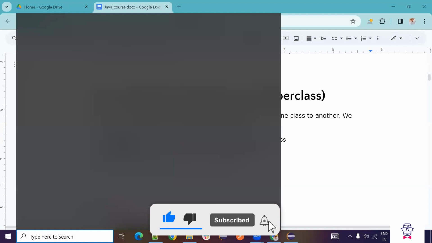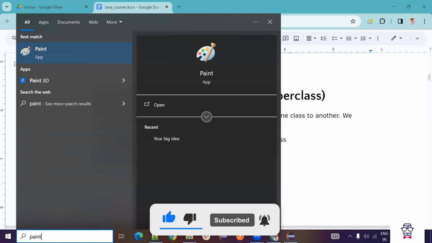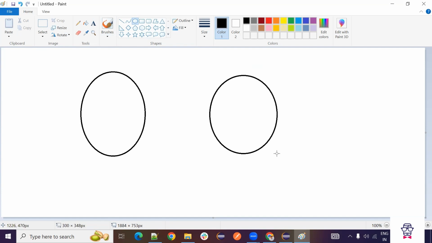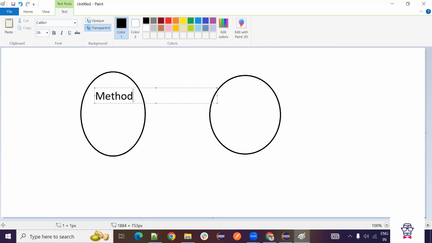So for example, we have one class here and we have one more class here. Now these two classes are independent. There is no connection between these two classes. But now in this class, we will have method 1.